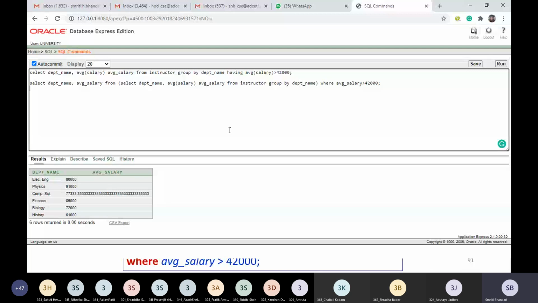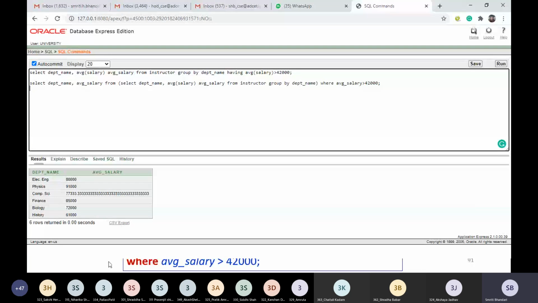Whatever data we want to extract from whichever relations, irrespective of the number of relations, it would be possible for us to make use of these derived relations to create temporary relations and extract the data as per requirement from those temporary relations. So we are going to see a few more examples for these derived relations.